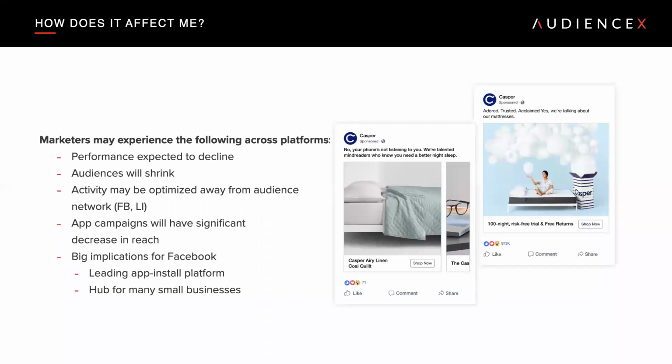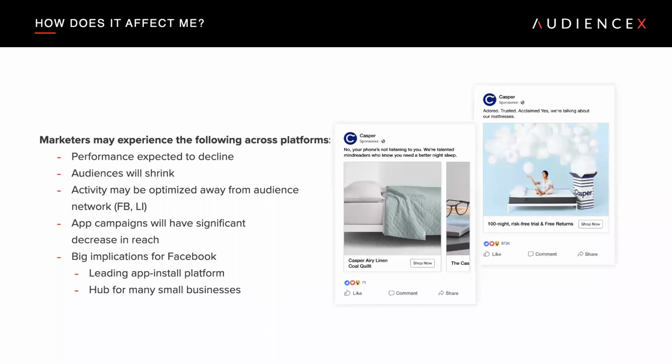Audiences are going to shrink. So targeting and other interest-based audiences will be a little bit smaller. Activity might start to be optimized away from the audience networks based on how this impacts their effectiveness. App campaigns are going to have a big decrease in reach. And I'd say the biggest implications are really for Facebook for a couple of reasons.